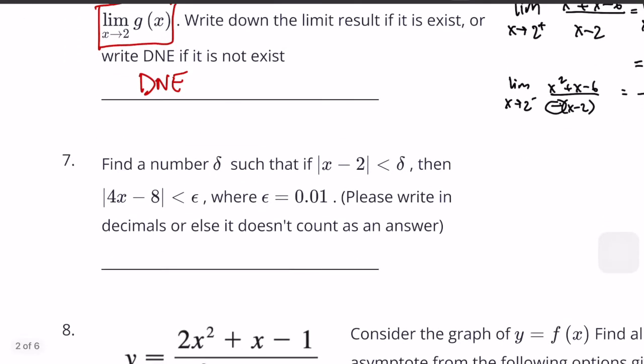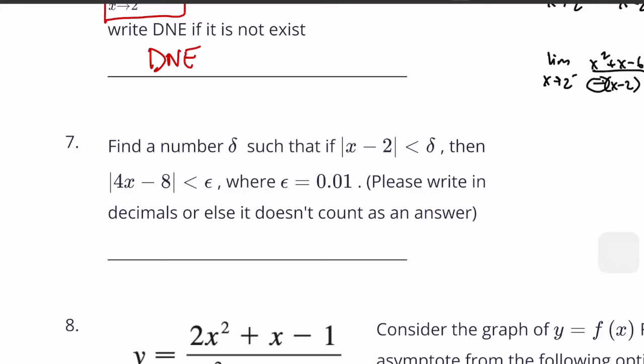Okay, number 7 is about the precise definitions. I do apologize, we don't have much time for the precise definitions, and I think I can help you by giving you some questions regarding the precise definition, but later. So if you have this kind of question, it's actually